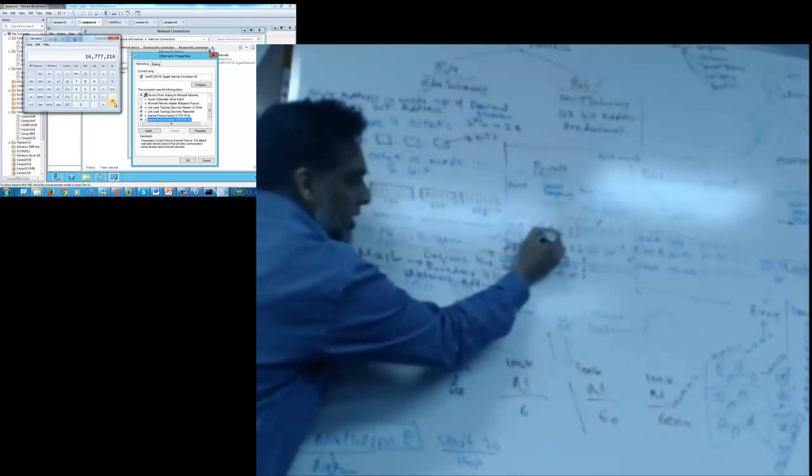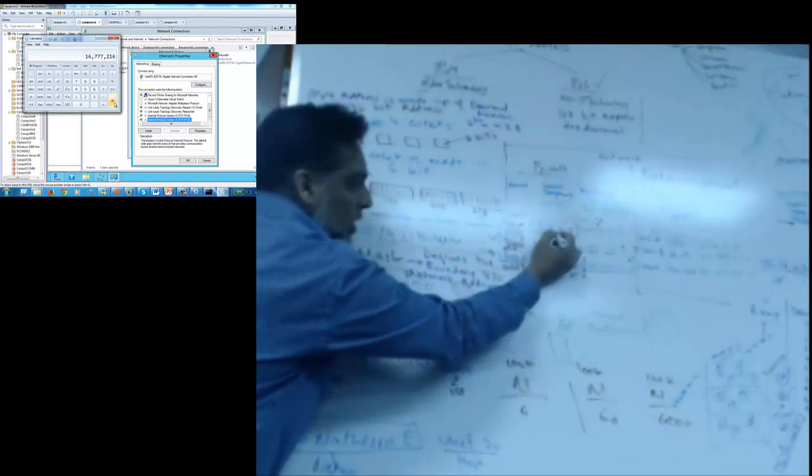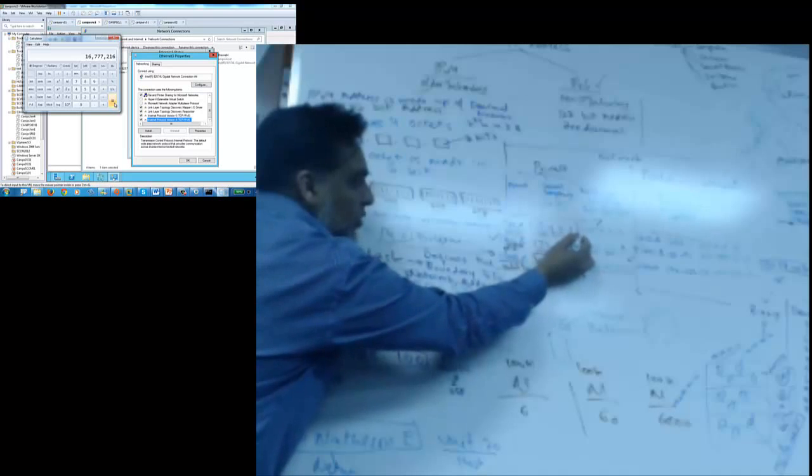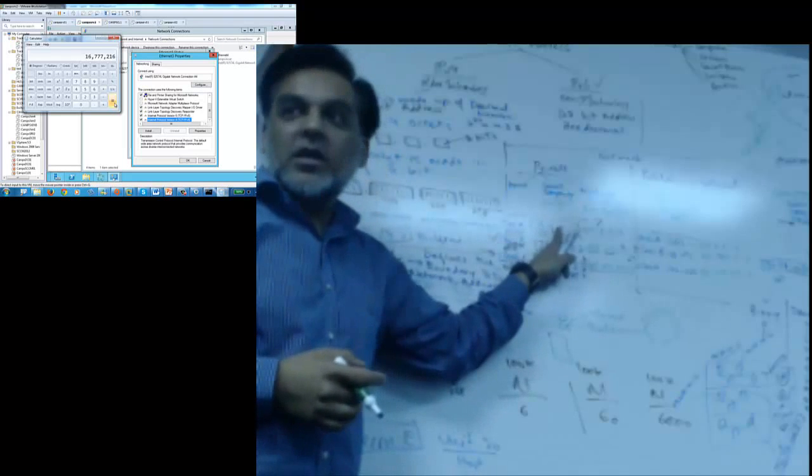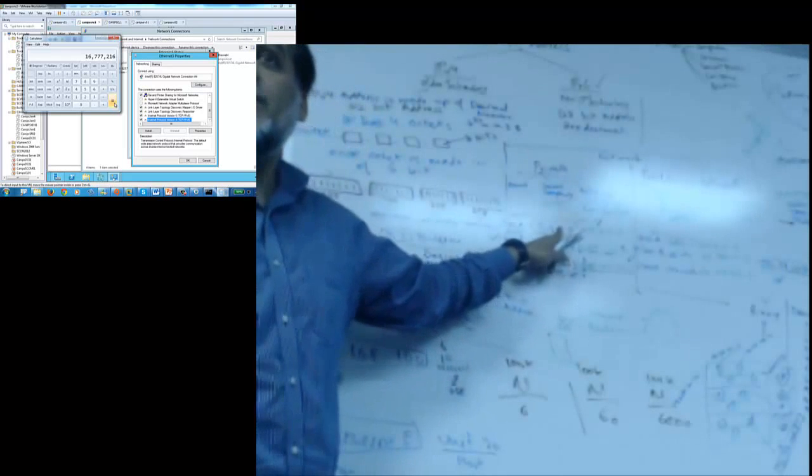255.255.255.0. Thank you. So here we need to remember that wherever 255 comes, that becomes the network address. This is the network address, and this one is the host address. Wherever you have zeros, you can combine them, and taking their power gives you the number of IP addresses they can use. In very short understanding,